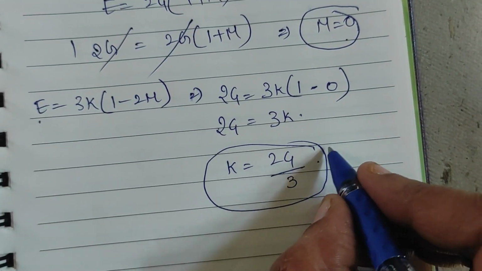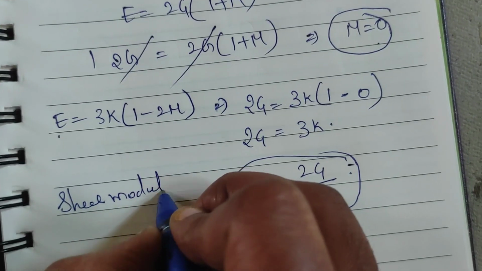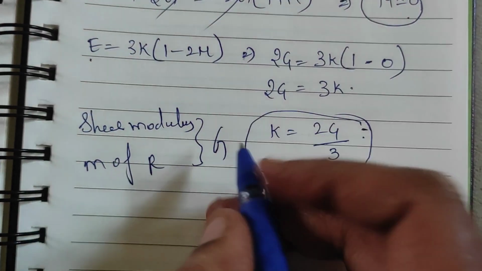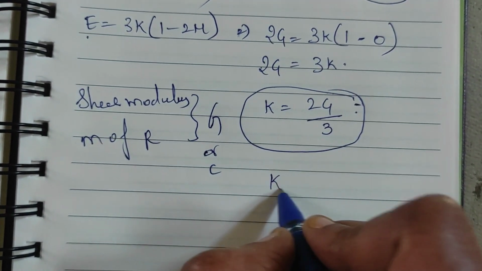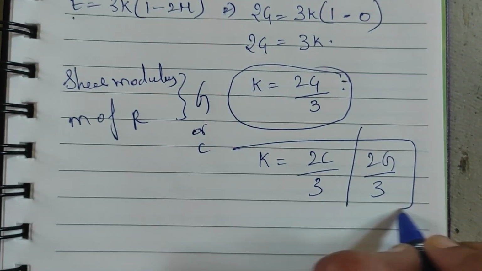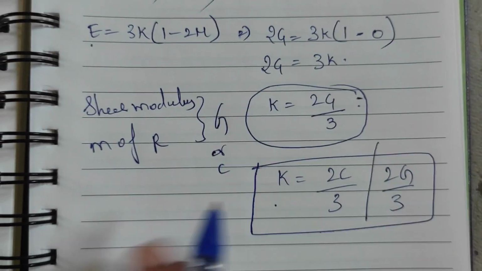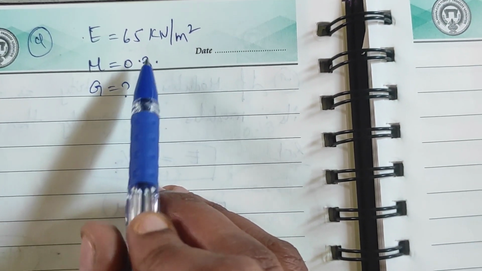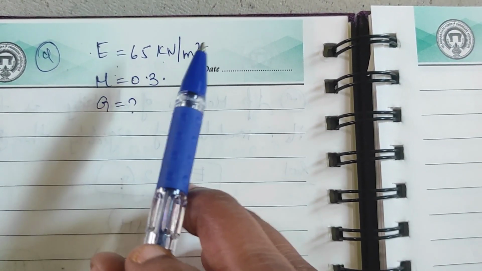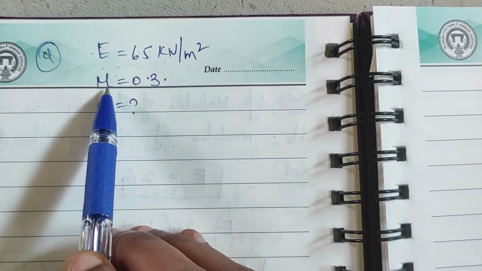As I have told you, shear modulus and modulus of rigidity both are denoted by G or C. So bulk modulus is 2C by 3 or 2G by 3. Understand? So this is the bulk modulus value. Next one, coming to an elastic constant related problem. Next one is, the Young's modulus and Poisson's ratio of the material are given. See, Young's modulus is denoted by E is equal to 65 kilonewton per meter square, and the Poisson's ratio mu